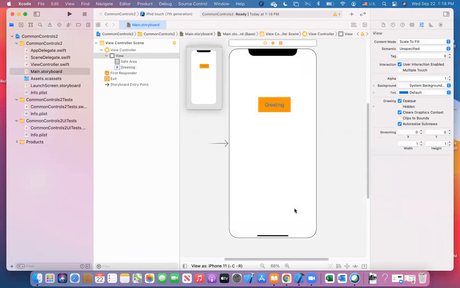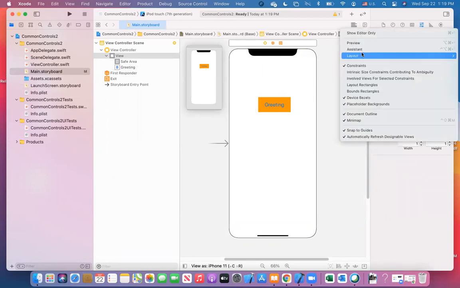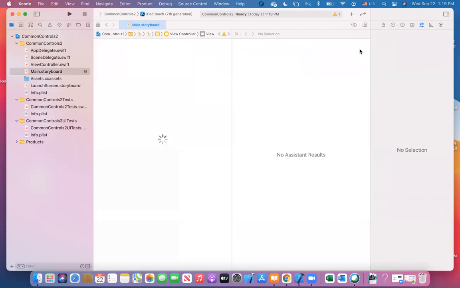All right. So now I have a basic button, but this button is just a display. It doesn't do anything. So what I want to do is tie it to an action. When I tap on that button, I want to do something. We want to display a greeting. So what you can do is click on this shortcut here, adjust editor options. One of the options here is to show assistant. When you click on this,